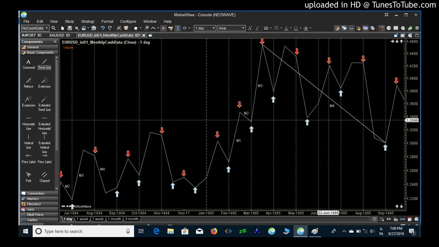So this is the weekly structure. Now notice the weekly structure is starting to get very difficult to identify. This looks like a zigzag, but I have no idea what this is. I mean, that is a structural mess. And because it's so difficult